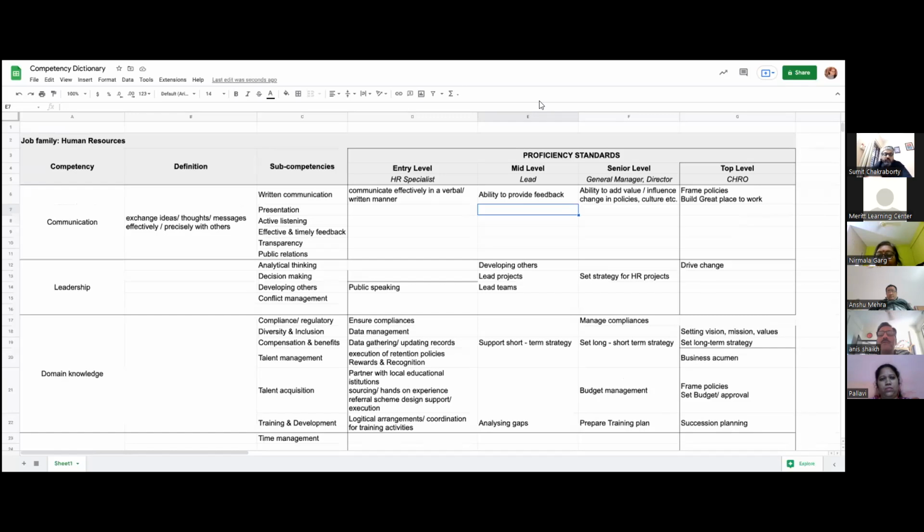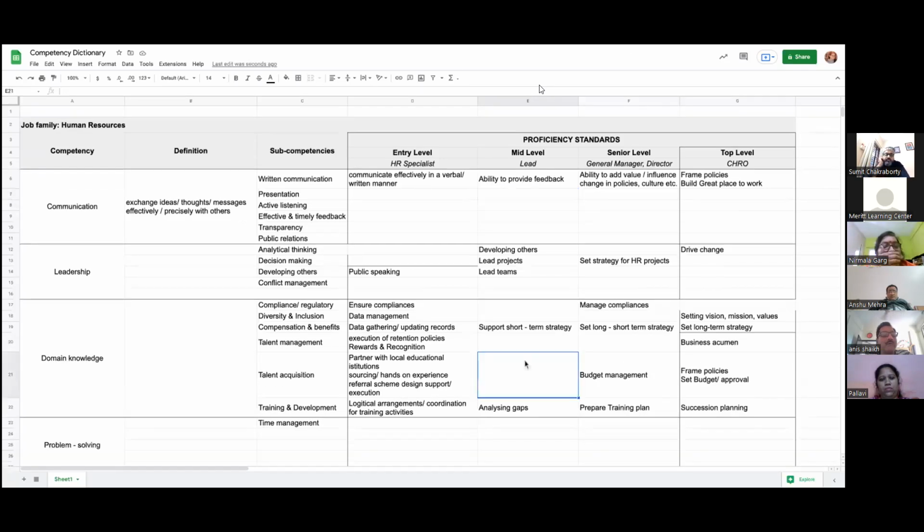Sorry. Talent acquisition in the mid-level, manpower planning. Where you were? Yeah, exactly. There. Right. Got it. It's the role of a manager. Nirmala,